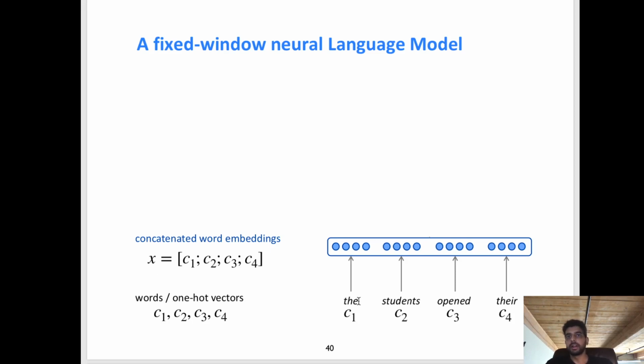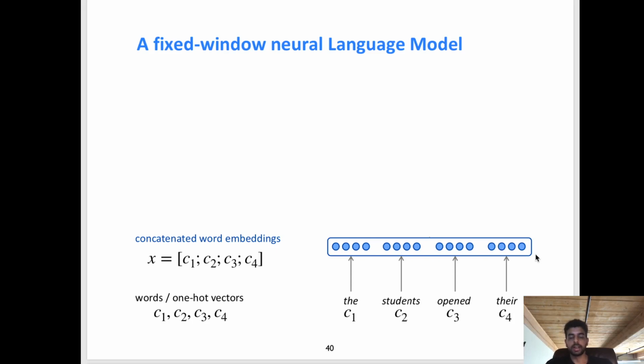Okay, so how does it work? We'll start with our word embeddings for each of the 4 words in the prefix. In this visualization, each word embedding is 4 dimensions, so each of these 4 circles corresponds to one word embedding. The first step is just to concatenate them together. So if each word embedding is 4 dimensions, our concatenated representation, our x vector here, is 16 dimensions.